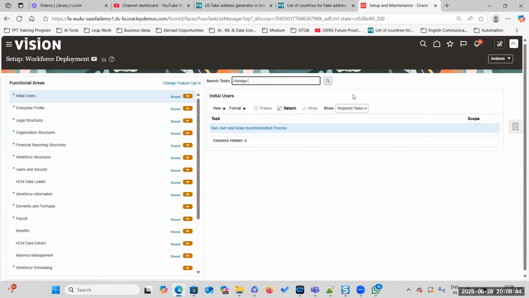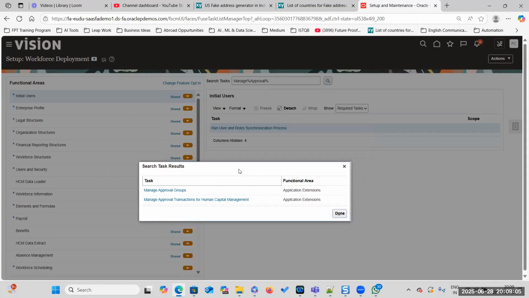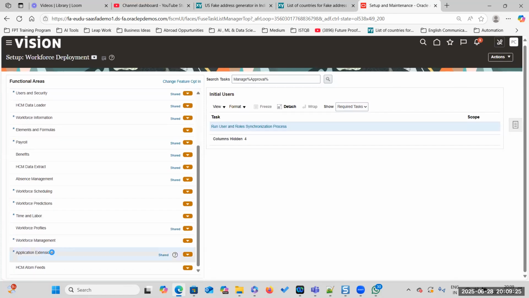So see, approvals, there are two tasks. One is manage approval transactions for human capital management, and second one is manage approval groups. This is under functional area application extensions. Okay, application extensions. We go to here,